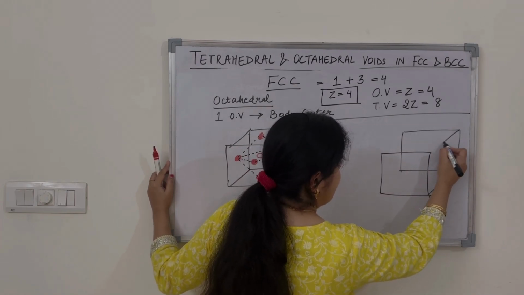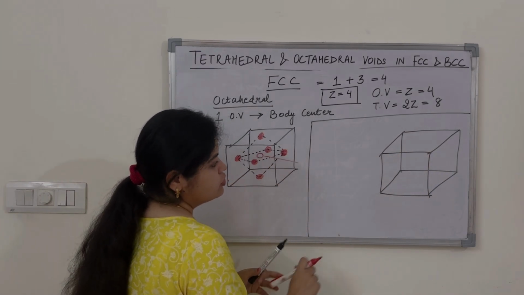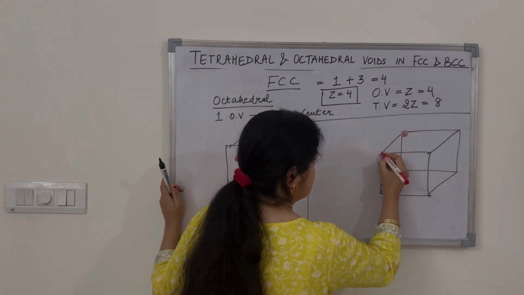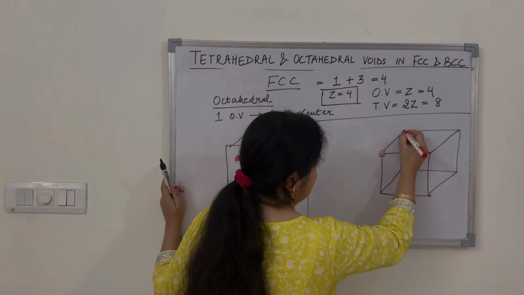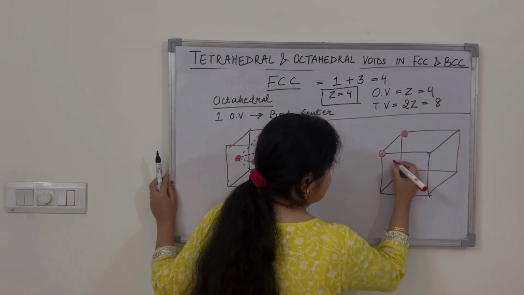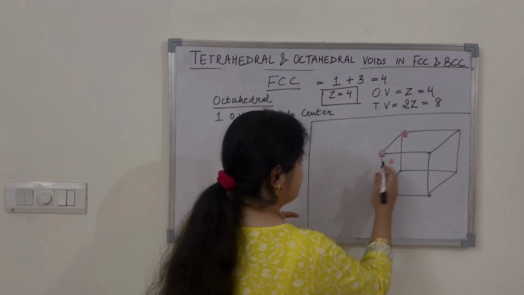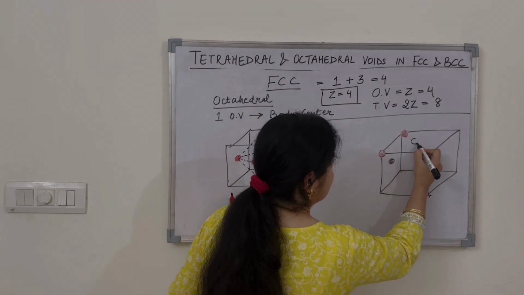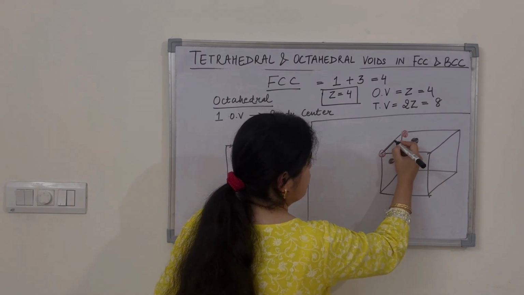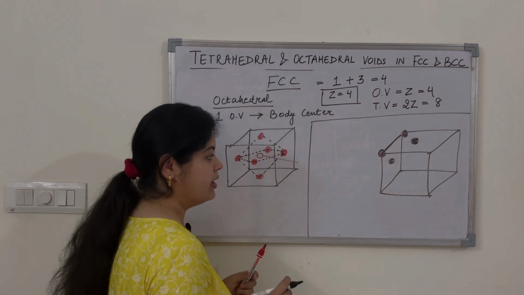And I am going to draw the atoms, only those atoms which are involved in making the void. So in this structure, there are corner atoms. Let us take up these 2 corner atoms, one face centered atom of this face and another face centered atom of this face. So adjacent faces, and along this edge we have one corner atom here and one corner atom here.